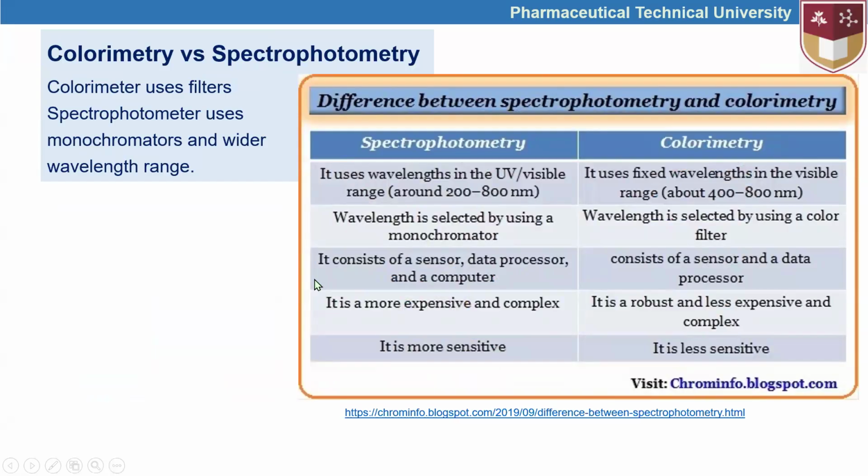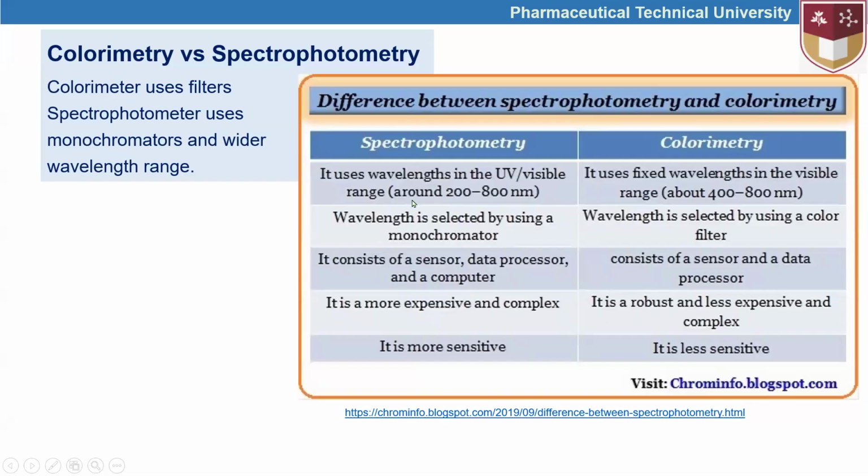Okay, some people sometimes might misuse colorimeters or spectrophotometers. Now I'm going to provide some simple differences between them, even if they are kind of overlapping pointers of spectrophotometry and colorimetry. There are some strict differences between them. First, colorimeters use filters, spectrophotometers use monochromators and a wider wavelength range. We are going to talk about it a bit later. And other differences between them are that